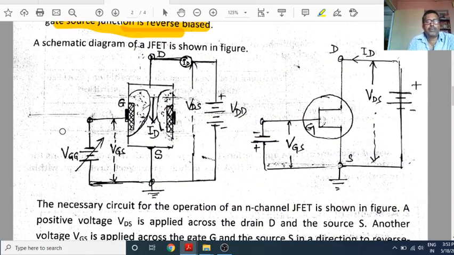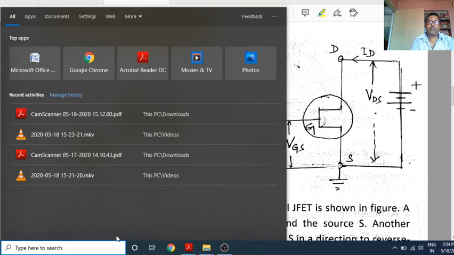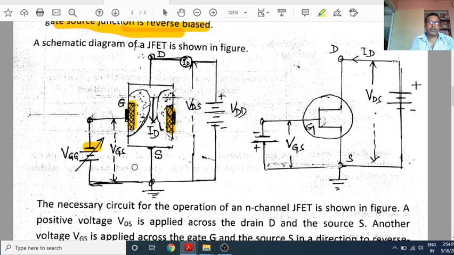A schematic diagram of JFET is shown in the figure. Now we will focus on N-channel JFET. This is the N-type bar, and here this one is P-type, the gate. We apply gate voltage VGG here; the negative terminal is connected to the gate directly and the positive terminal is connected to the source.